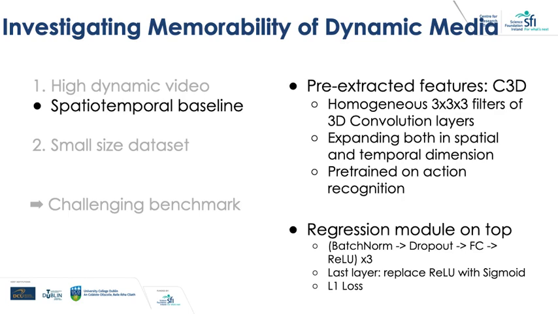On top of that, we implement a multi-layer perceptron module with two hidden layers of 512 units, followed by a ReLU activation. We also use batch norm to help with optimization, dropout to mitigate the overfitting problem, and L1 loss instead of L2 to avoid any issues with outliers in the score.